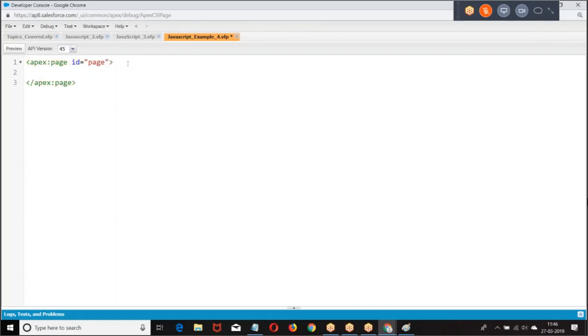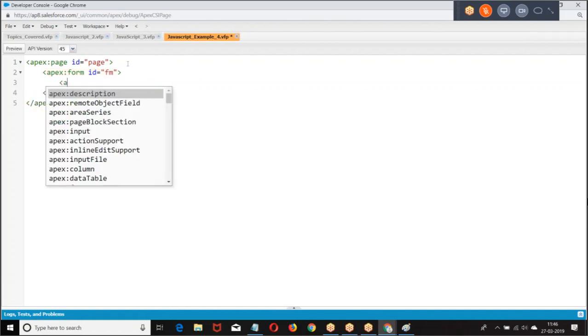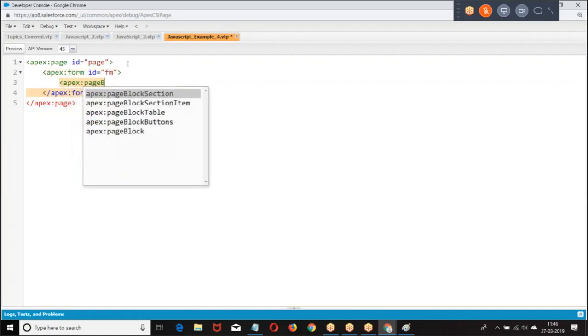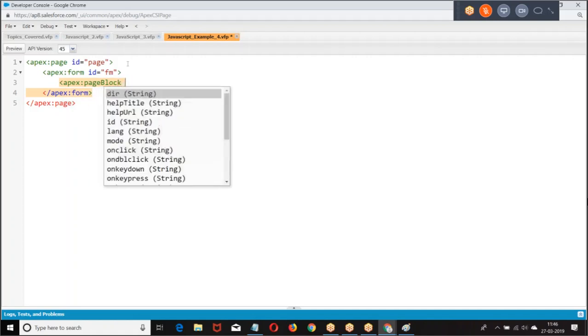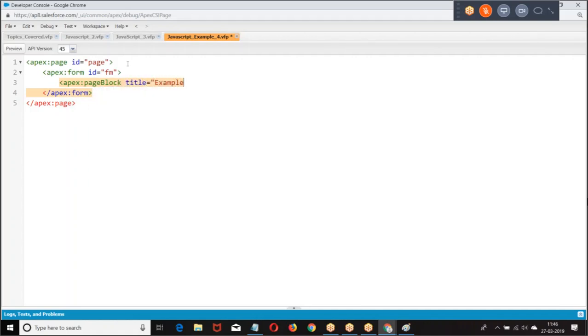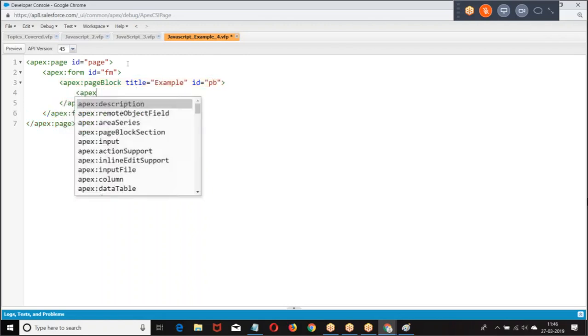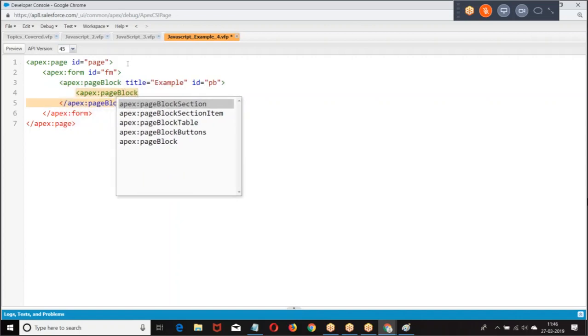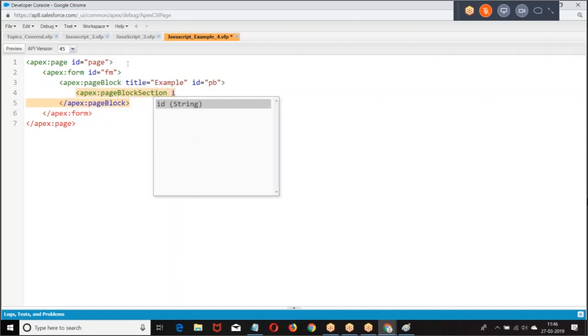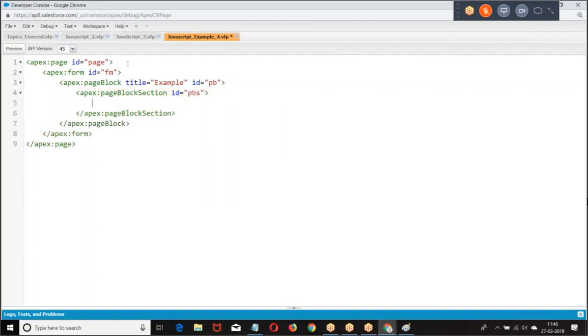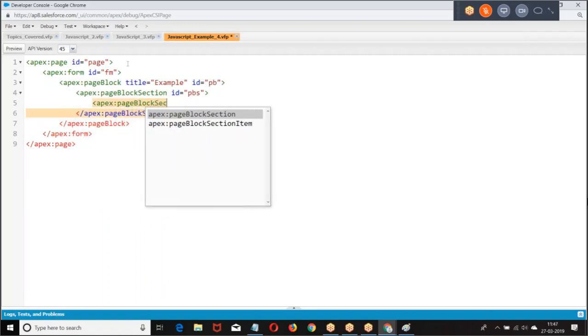First I'll create the UI, then I'll explain the JavaScript. First I'll create the UI form. A block, section.